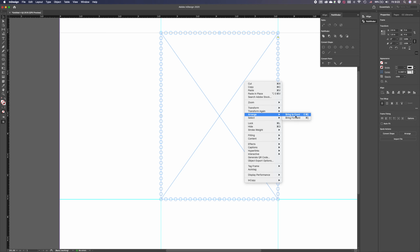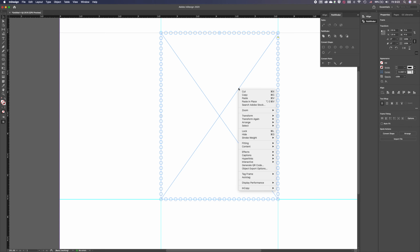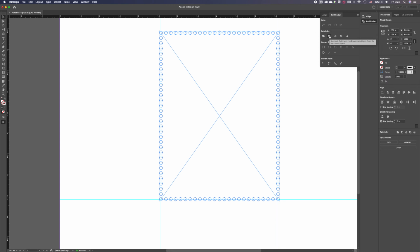Right now it says bring to front or bring forward. It means it's already sitting to the back. If you're seeing the option bring to back, just click that and make sure that it's brought to back. So I'm just going to bring it to front, right? So now this is sitting on top of the circles. I'm going to right click or control click, arrange, and I want to make sure that I send it to back. And now again, when I select this and I click subtract in the Pathfinder tool,